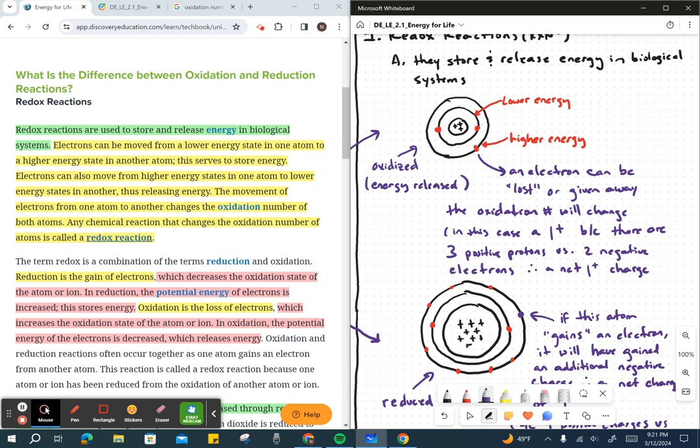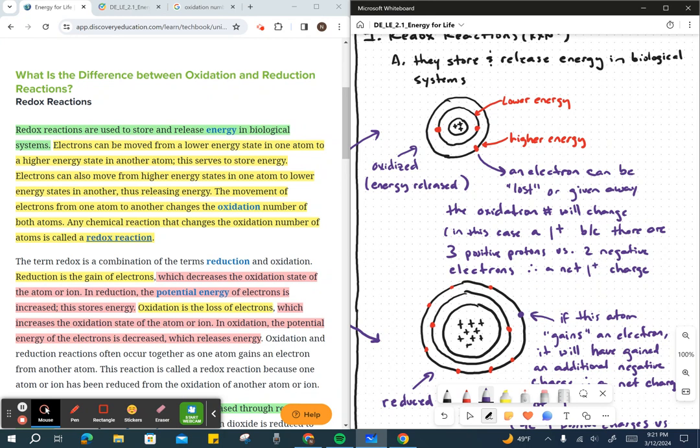Because that third electron is in the second orbital, it's at a higher energy level, versus the 2 that are near the nucleus. Those are at a lower energy level. Now, you know that the valence in the second shell is full when it has 8 electrons. So it's probably more likely that this is going to donate or give away its electron in a chemical reaction